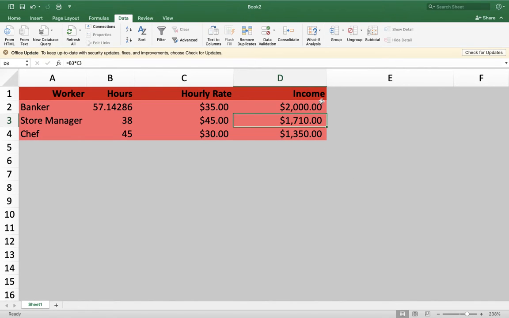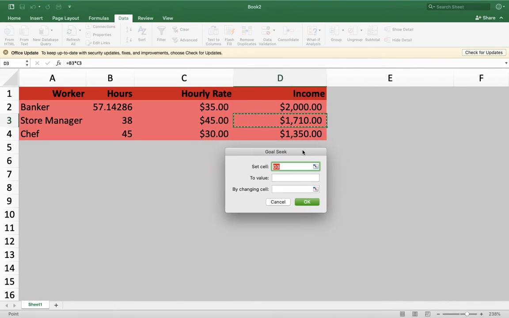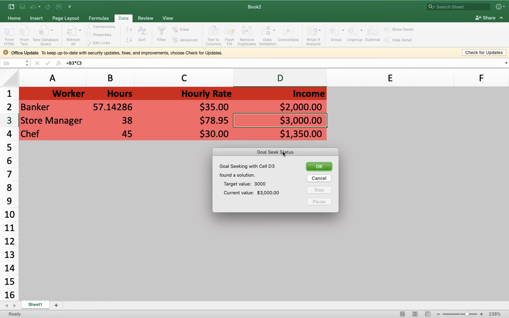$3,000. So do the same thing, click GoalSeek, and so we're going to set cell D3 this time to $3,000. And we're going to do this by changing not our hours, because I'm still going to work 38 hours, but I just want to figure out how much my hourly rate would have to go up in order to earn $3,000. So we're going to do this by changing cell C3, click OK,